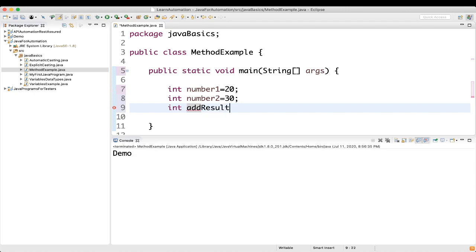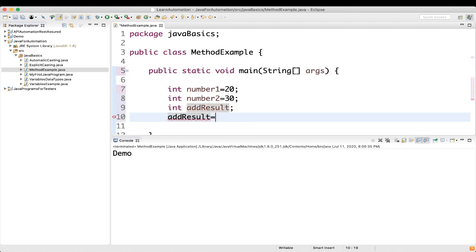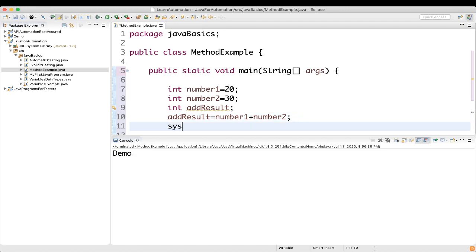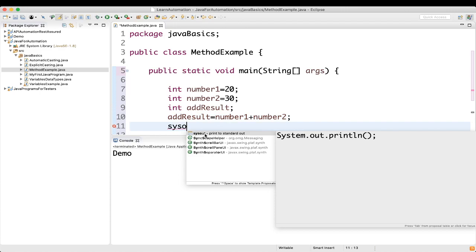This is again a variable, and add result is equal to number 1 plus number 2. Let's print this add result.